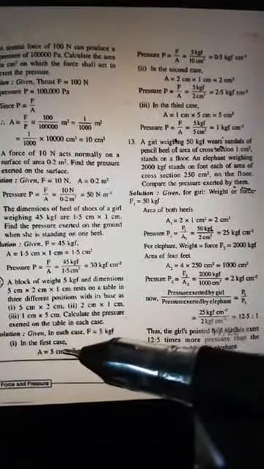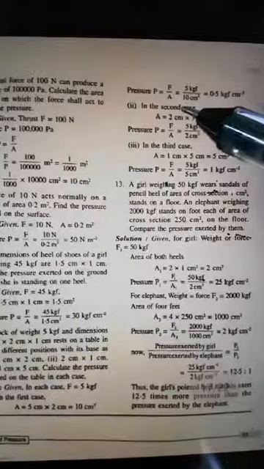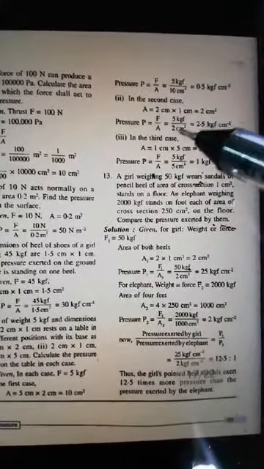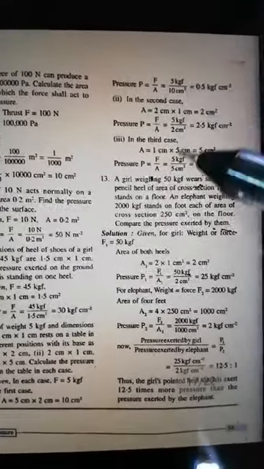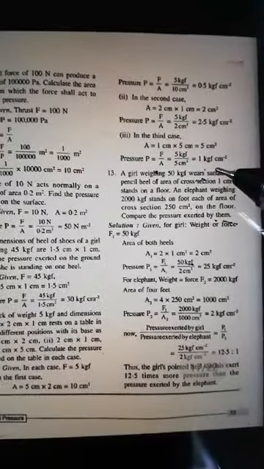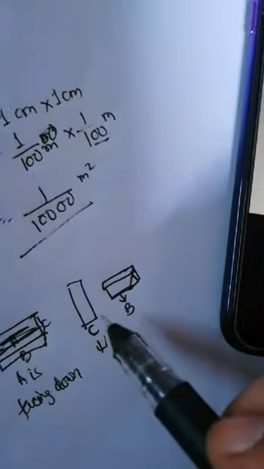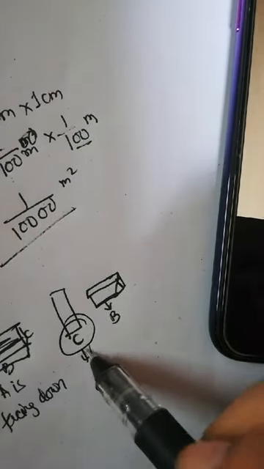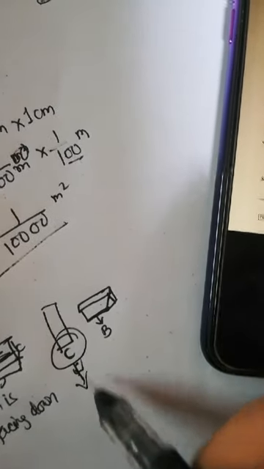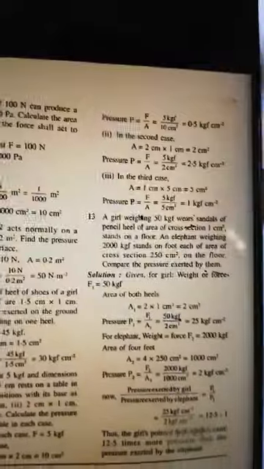Calculate. So here only one thing will keep on changing, that is the area. Area will change, but the force will remain unchanged. From here you can check, when it will be the narrower end, like in C, where it will be the narrower end, it will create more pressure. This is all about this question.